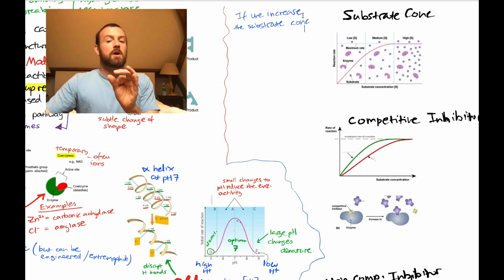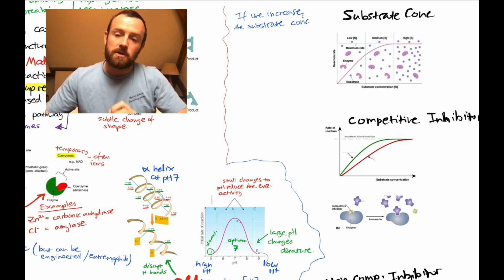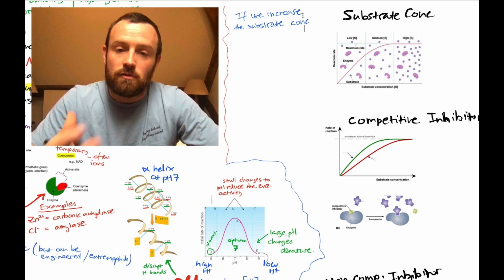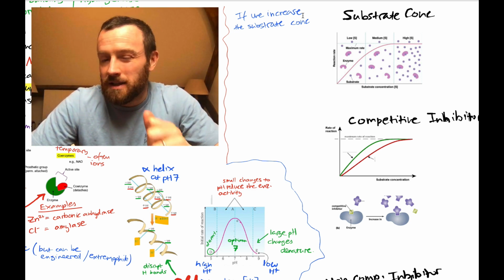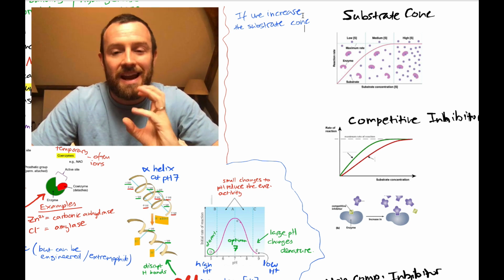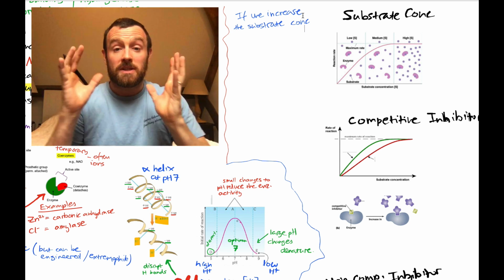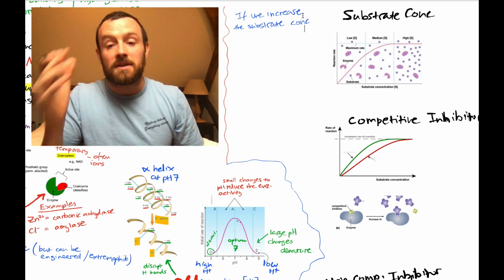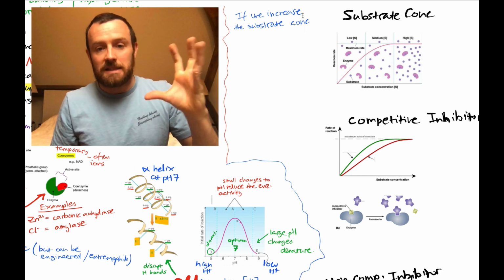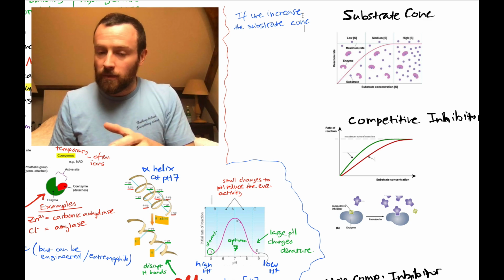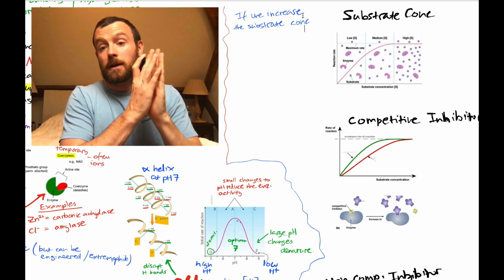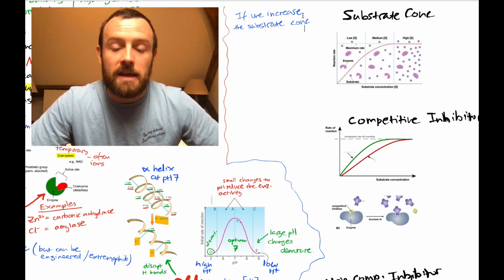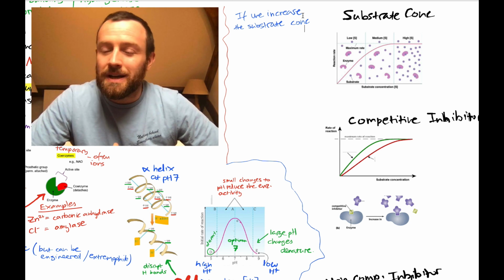Now, I think at this point it's worth making a brief side note. Whenever we're doing enzyme reactions and we're looking at how substrate affects the rate, we always look at the initial rate of reaction. Because in an enzyme reaction, as we start the reaction, the enzyme breaks down substrate. As the enzyme breaks down the substrate, the concentration gets lower and lower. So therefore, the enzyme reaction starts very quickly, and then the rate of reaction slows until it completely stops when the substrate is used up. So we normally do an initial rate of reaction